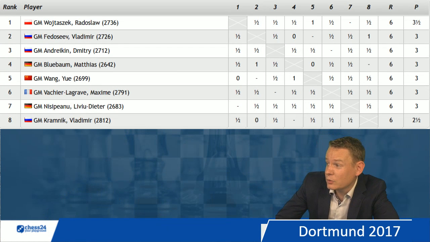Radek Wojtaszek was in the lead with 3.5 out of 6, plus one, while pretty much everybody else had 50%, 3 out of 6. The one notable exception being Vladimir Kramnik in sole last place with 2.5 out of 6. So clearly Kramnik had to and was going to win his game with the white pieces against Matthias Bluebaum, who